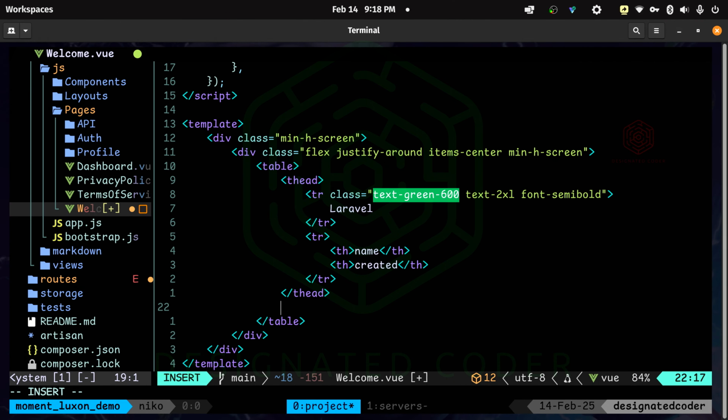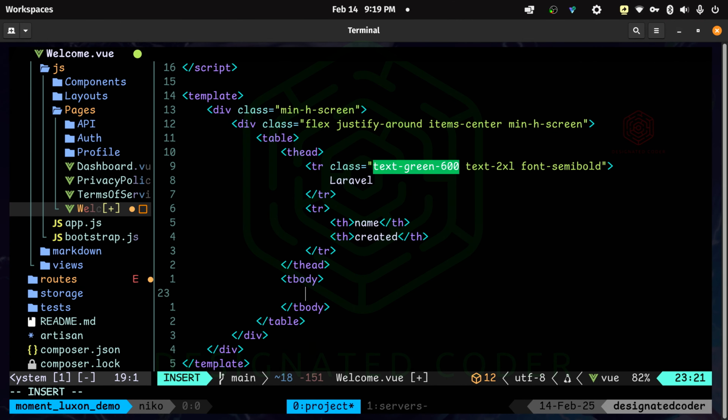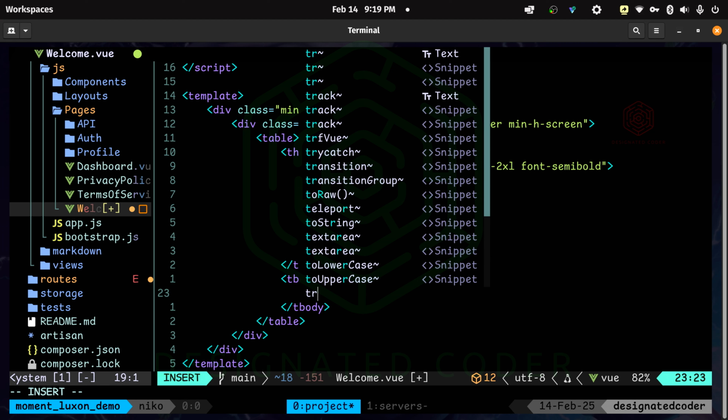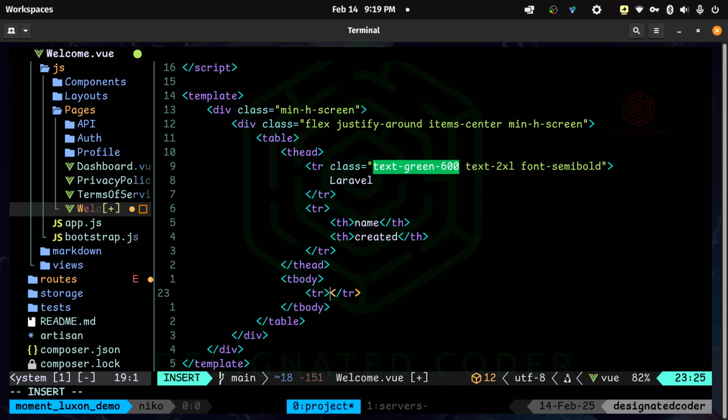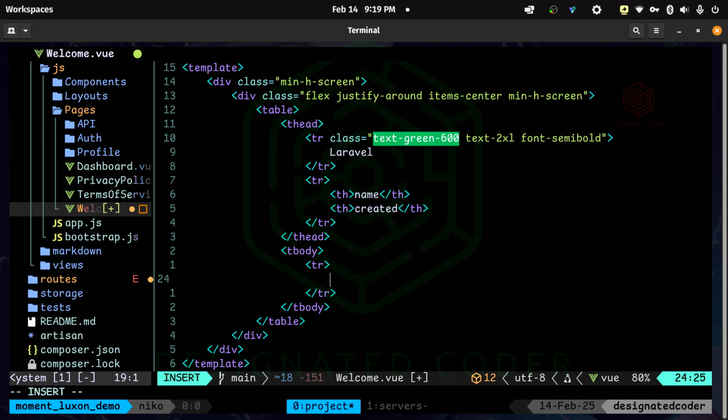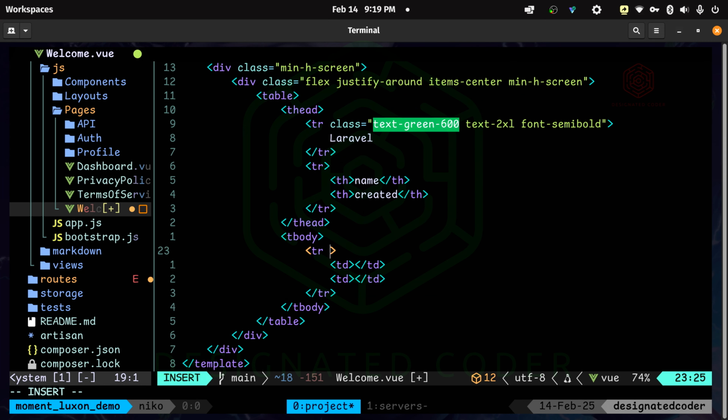Now under the thead, I'm going to have a tbody, and this is also going to have a tr. And then we're going to have two tds for the data. On this tr here, we're going to v-for over our users. So we'll say user, index in users. The key will be fine.